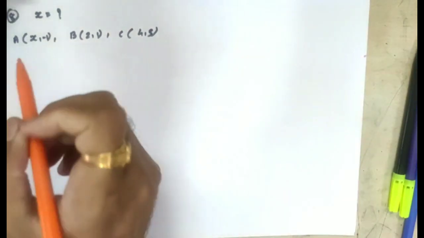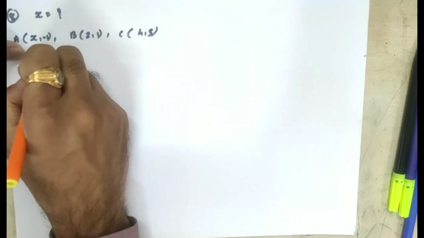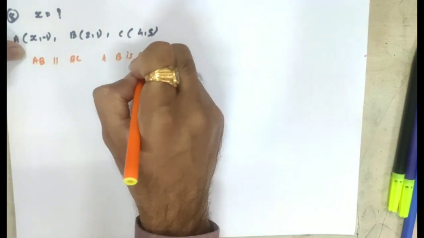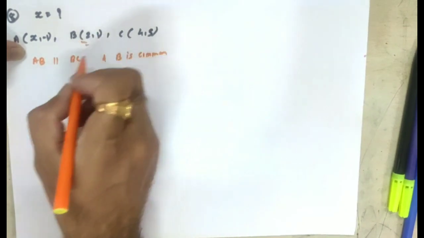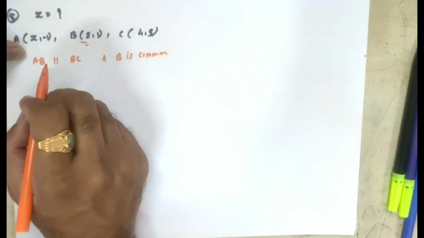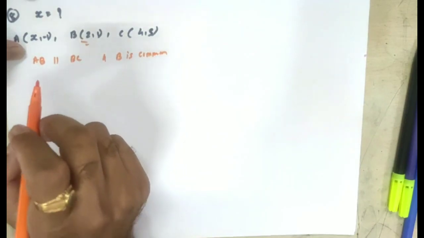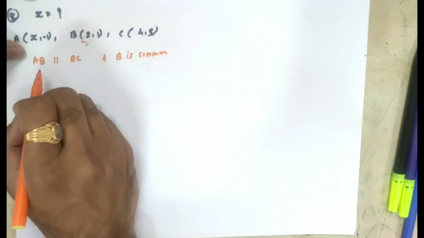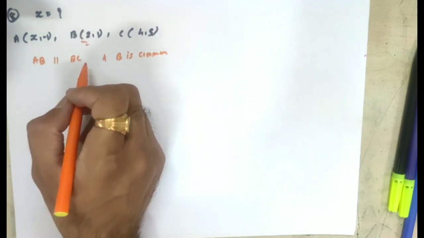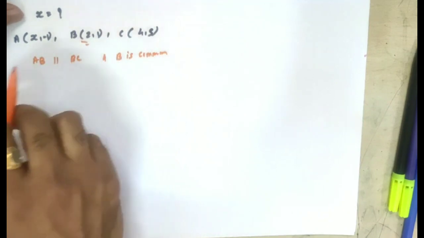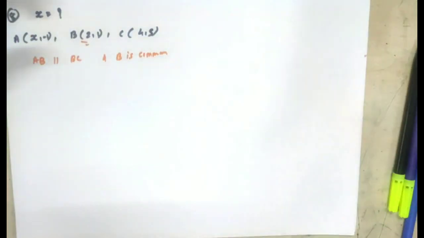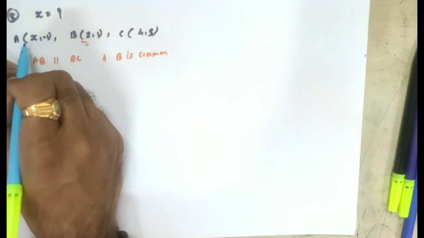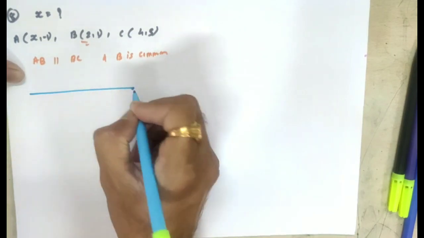What is the condition for collinearity? The condition of collinearity says that AB must be parallel to BC and B is the common point. We took B as common, AB and BC, so B is common. Now we have to prove AB is parallel to BC. So how can we prove this? If the slope of line AB is equal to slope of line BC, we can say that these two lines are parallel. If you haven't seen the last introduction, go watch it, otherwise this will go over your head. So to prove these 3 points are collinear, they will lie on the same line.